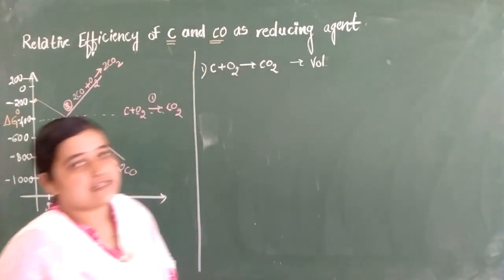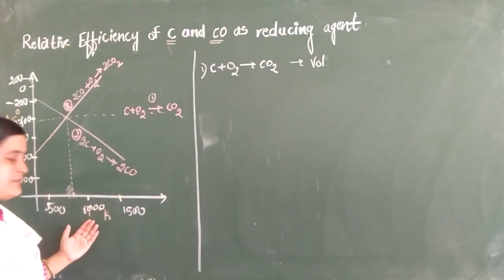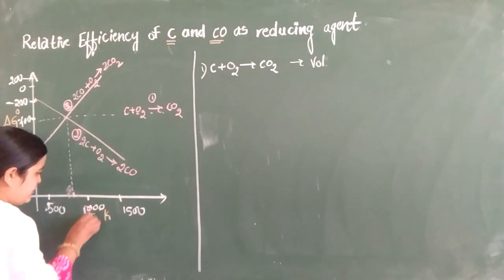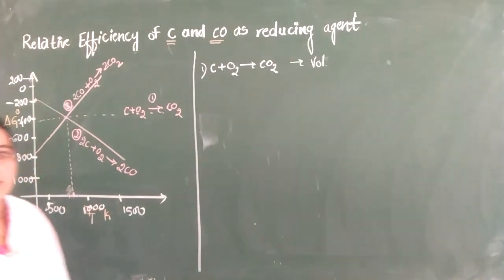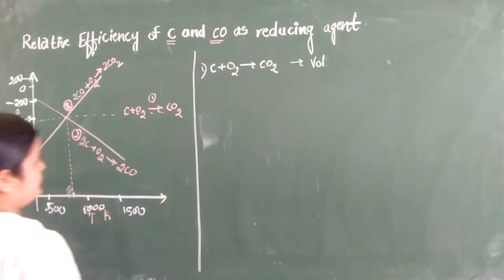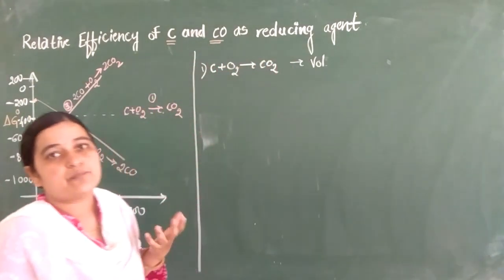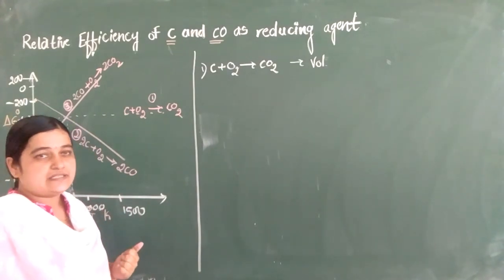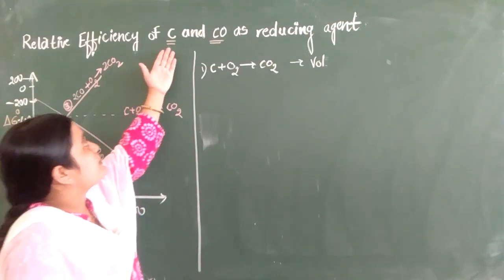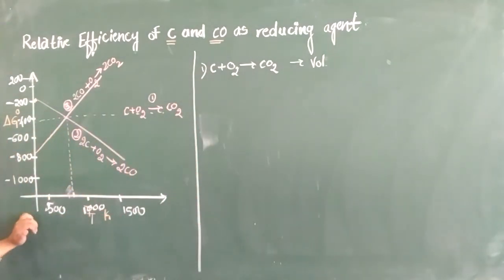As we discussed in the Ellingham diagram, it is delta G naught versus T, that is temperature. These values we have already discussed in the Ellingham diagram. We come to know that there are some compounds which can act as a good reducing agent at a particular temperature, isn't it? For that we have chosen carbon and carbon monoxide. Let me discuss over here.